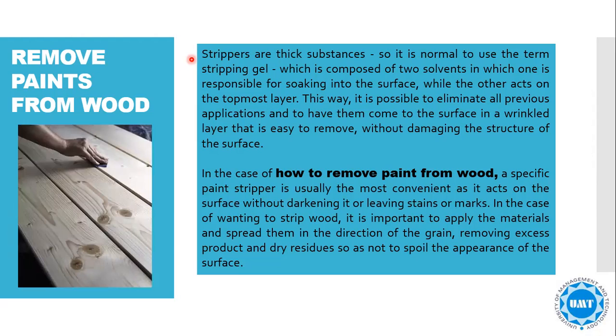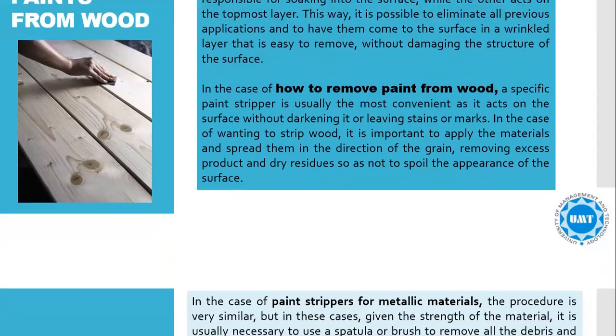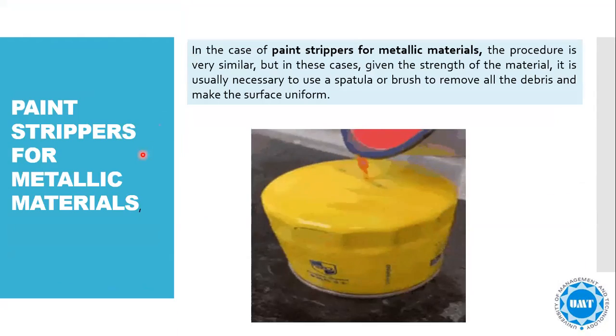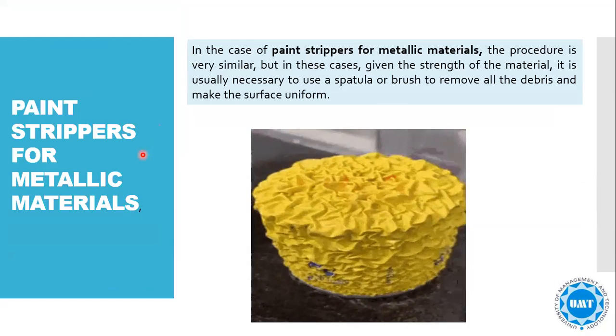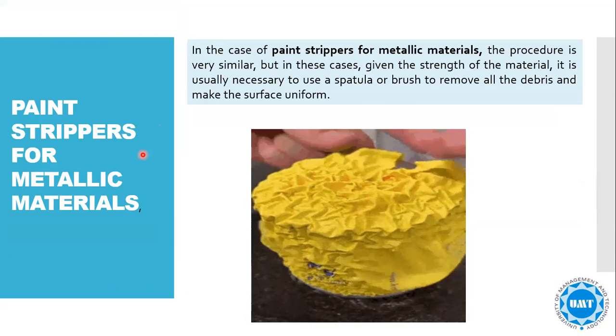So there will be no bruises on the surface of the wood. In case of wanting to strip wood, it is most important to apply the material and spread it in the direction of the grain, removing excess product and dry residue. Now, if we are going to remove the paint from a metallic material, then the procedure is very similar,